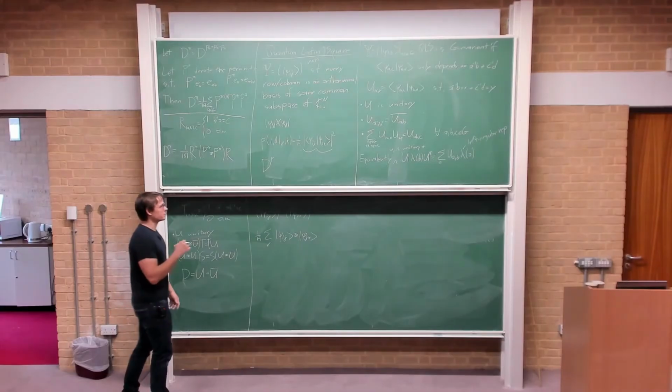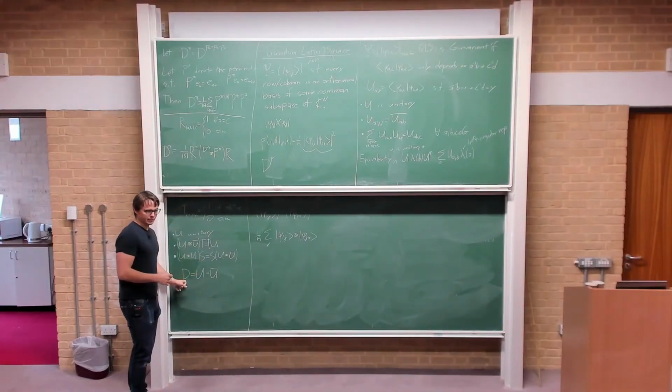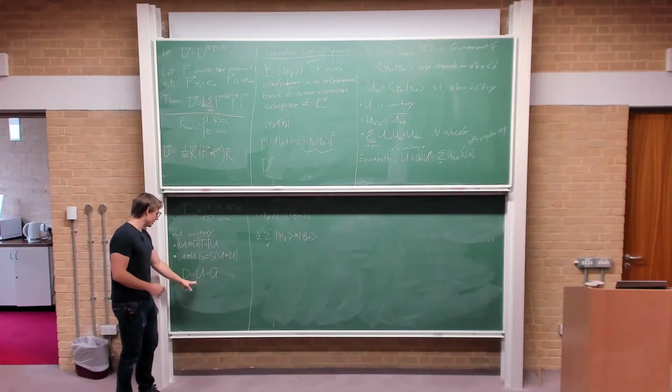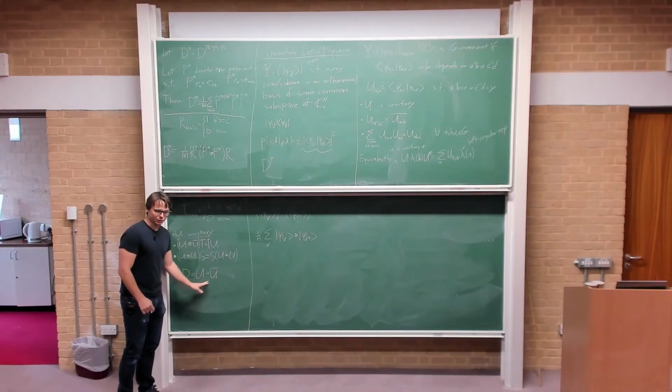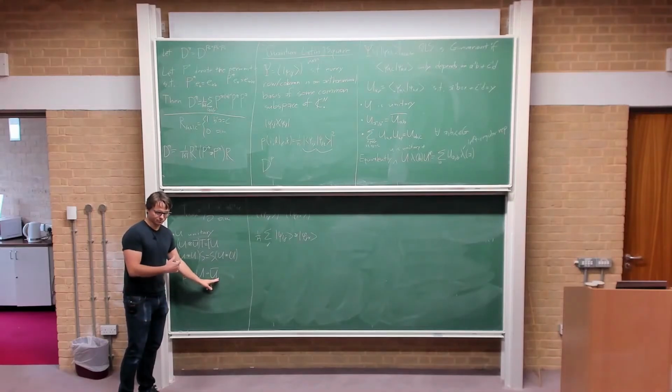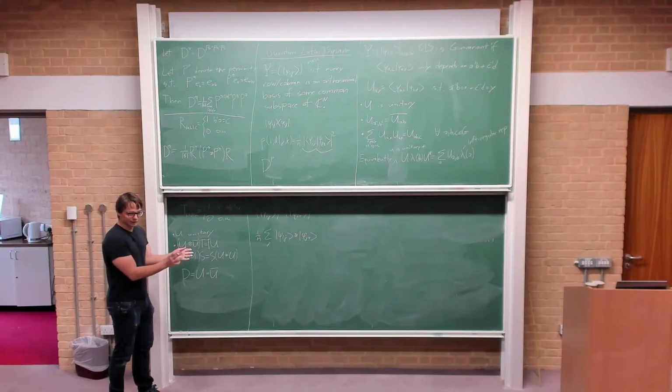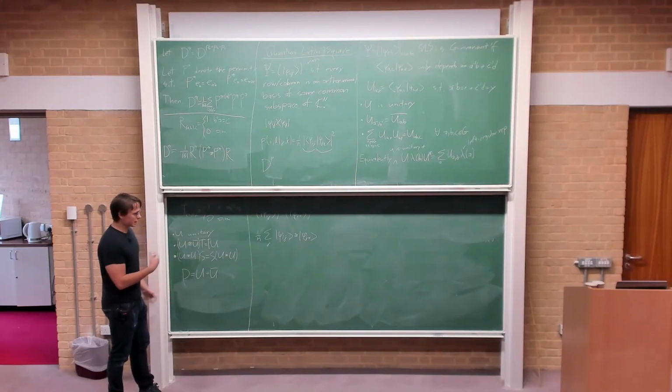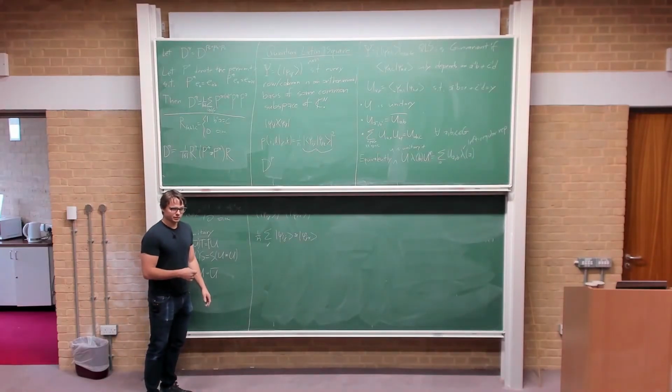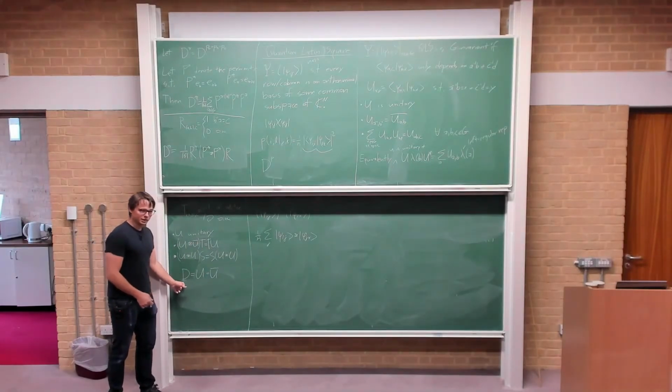But this is a very different type of composition than the correlation composition. For the correlation composition, it's like multiplying these matrices, but these operations don't commute. If I take U1 times U2, and then do the entry-wise product with the entry-wise conjugate, it's very different from first taking the products of the unitaries with the entry-wise conjugate and then doing the multiplication. So it's really a very different kind of composition, and it's invertible as well. The one with the D's is not going to be invertible in general, because a double stochastic matrix doesn't have an inverse. But this